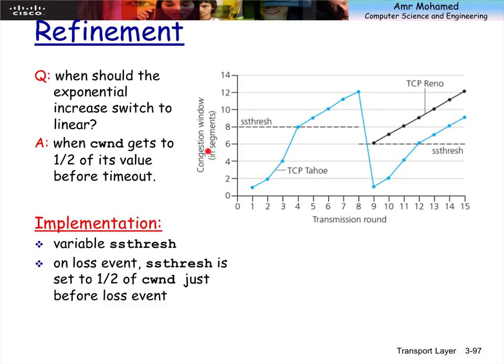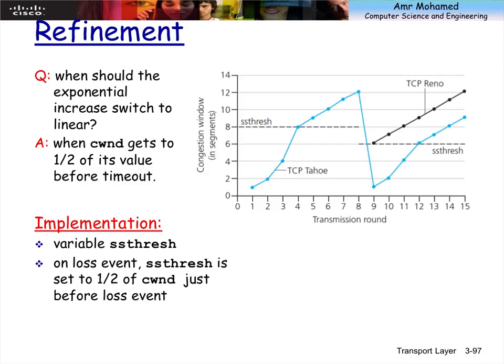So we start from a congestion window of 1. After 1 RTT, the 1 becomes 2. After 1 RTT, the 2 becomes 4, and then 8, right? Forget about this line. We go from 8 to 16, and so on, until